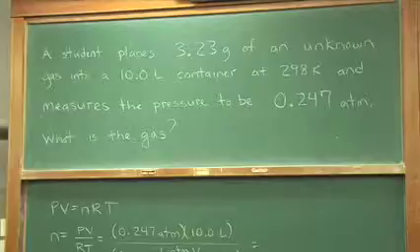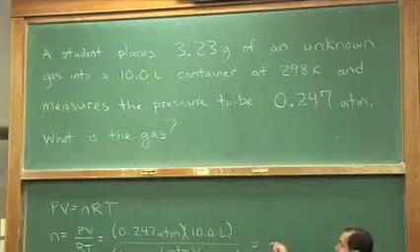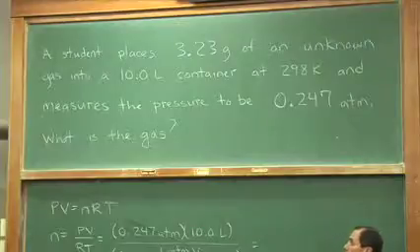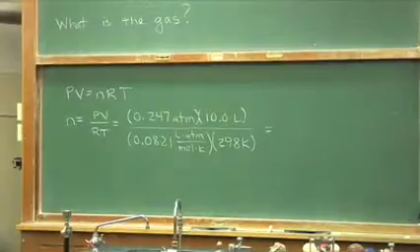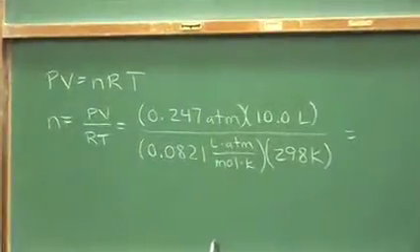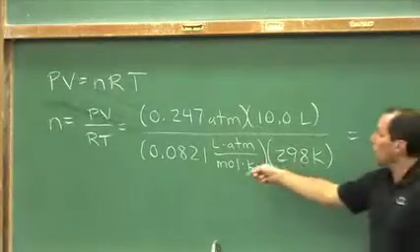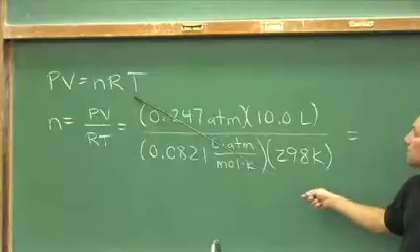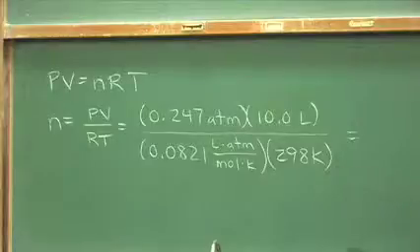So PV equals nRT is used because we have a static problem, meaning we can describe a gas. Nobody's cooling the gas, nobody's heating the gas or pressurizing it. We have a gas. In this problem, we're going to use n as our unknown variable and solve for it because we're asked what is the gas, and the amount would be very, very helpful. The others are measurable. We measure the pressure, measure the volume, measure T, the temperature, and R is the constant. So I've arranged PV equals nRT, solving for n by dividing both sides by RT, and I've plugged in some numbers here. This turns out to be,